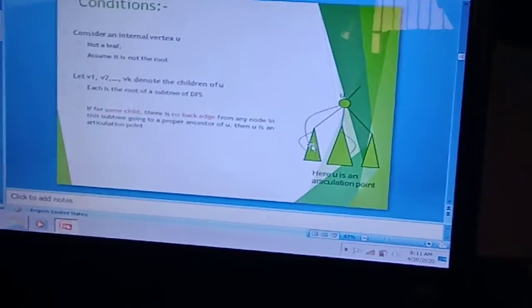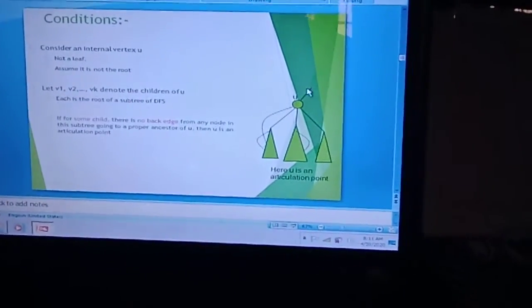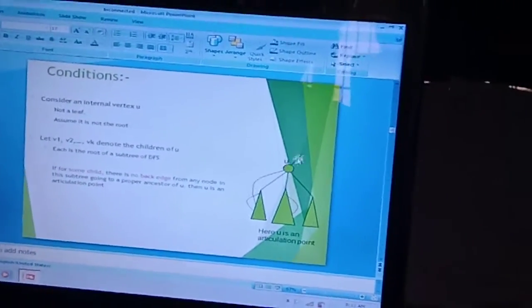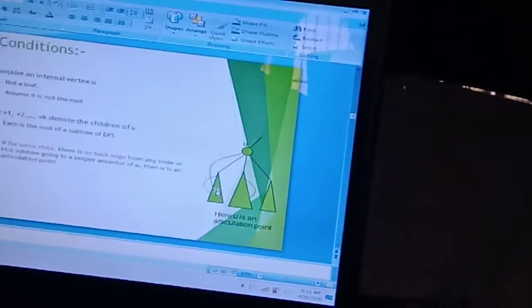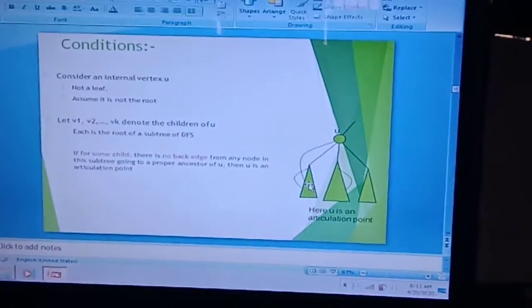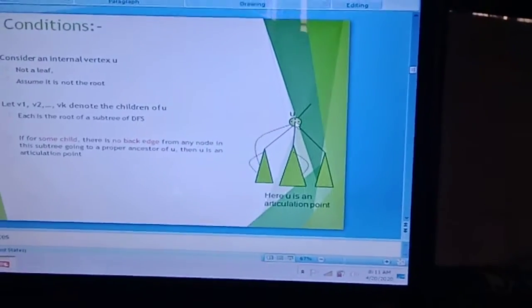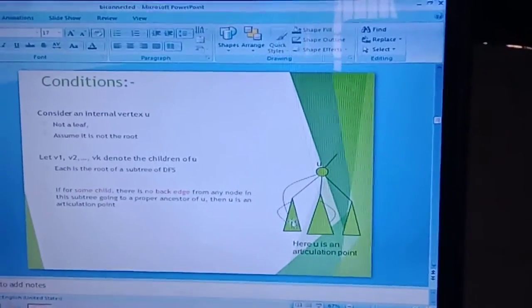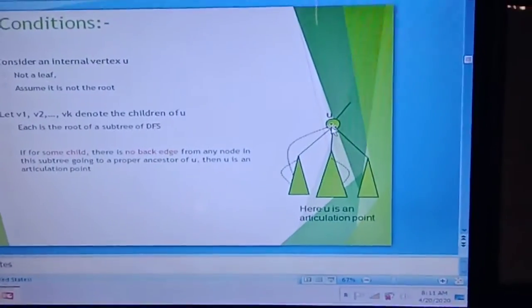From this triangle, if there is any path available to the ancestor of U, we are considering this is not root, which means there is a parent to U. So to that parent, if there is a path from this node, then U is not the articulation point. If there is no path, then U becomes the articulation point.